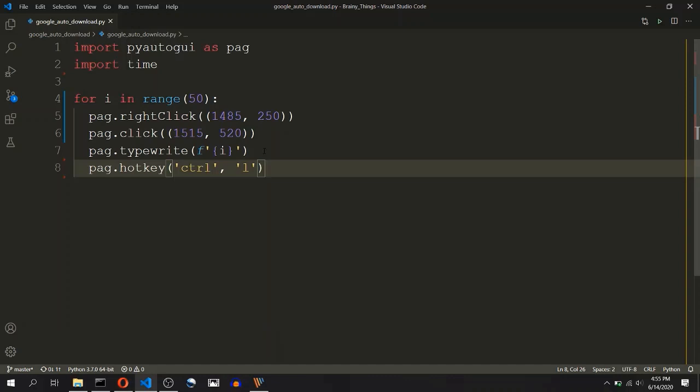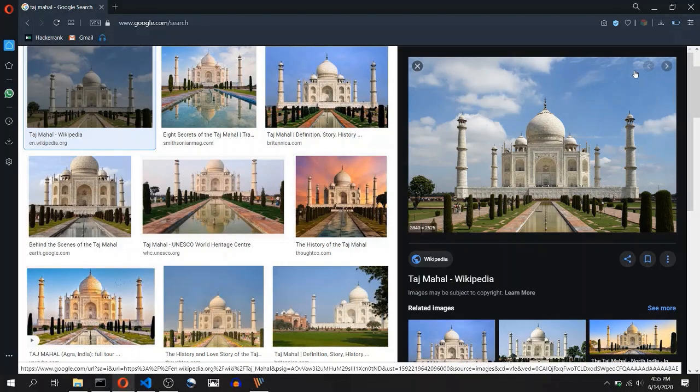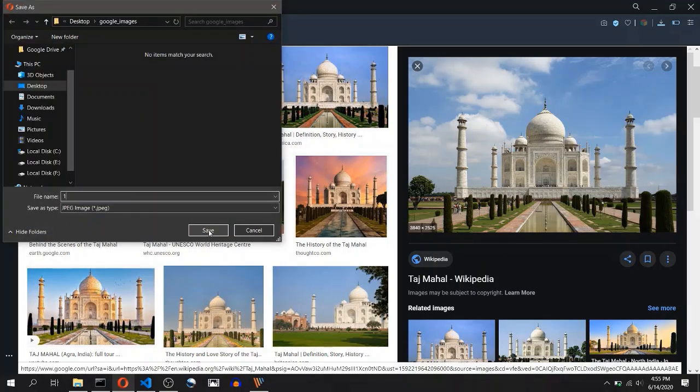Here the order is important. If you pass L first and then control, then it will not work as intended.